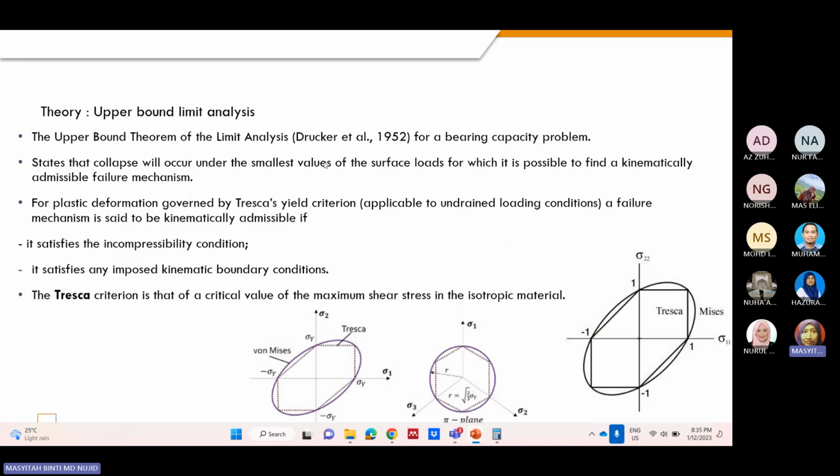So the other theory behind this analysis, first you need to understand the upper bound theorem of the limit analysis for bearing capacity problem produced by Drucker et al. So Drucker et al. ni is actually trying to introduce to you the behavior of the material. So it says that for the upper bound theorem of the limit analysis, the soil behaves as this one. So dia more likely simple problem lah, ataupun the plastic deformation is only governed by Tresca yield criterion,